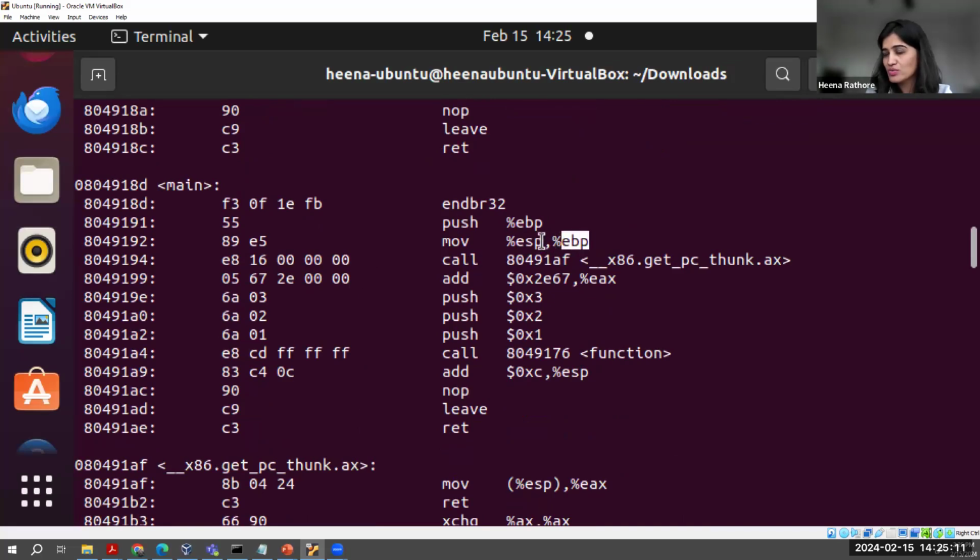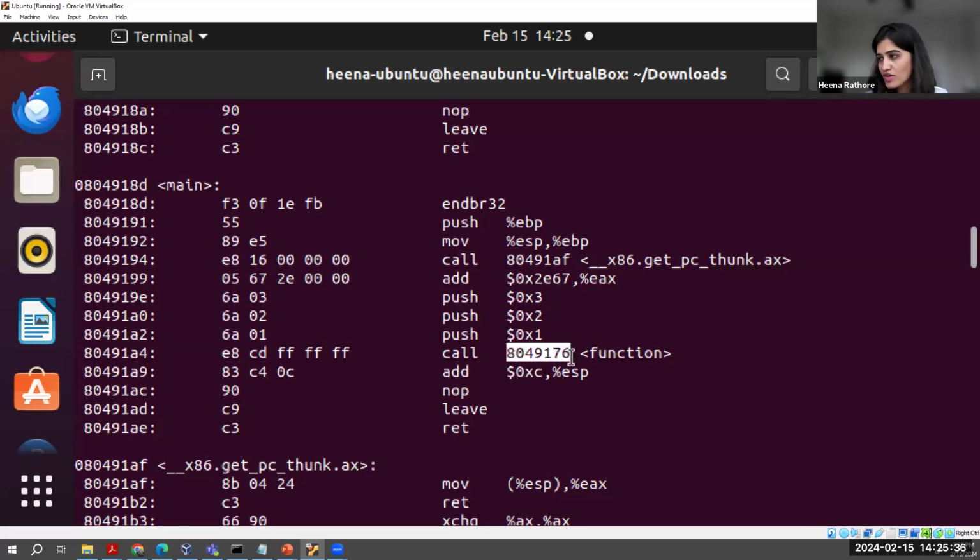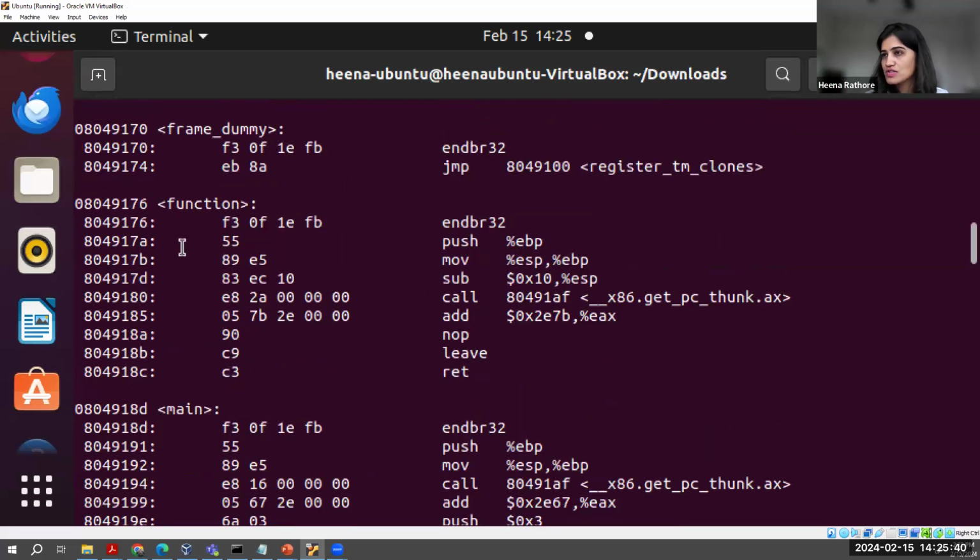If you see over here, the very first instruction is push the base pointer, then move the base pointer to the stack pointer, then call. Since it's compiled on 32-bit, I am able to see EBP and ESP. Then I'm pushing 3, 2, 1. Remember that function which was using 1, 2, and 3. So 3, 2, and 1 would be pushed, and then call this function, which is located at this memory location,